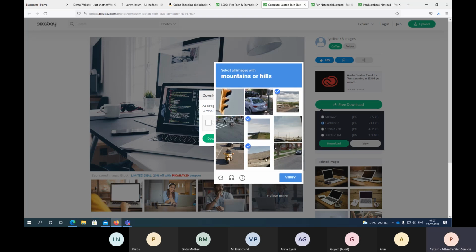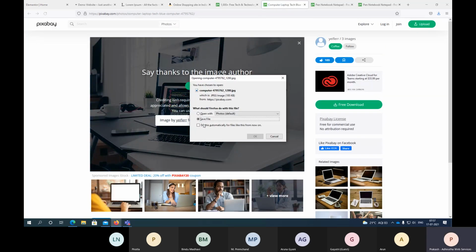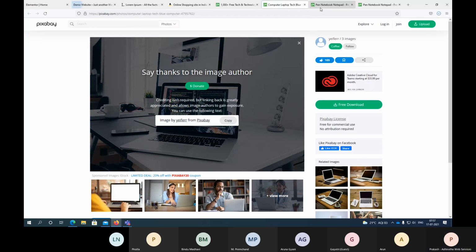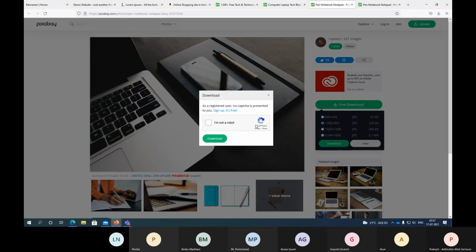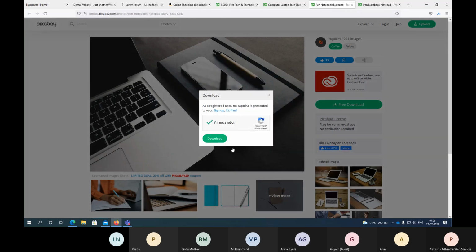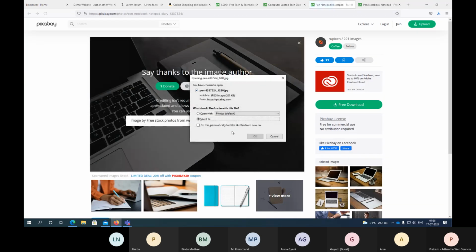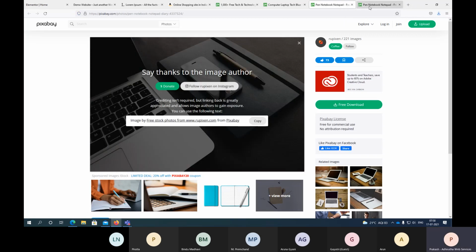Okay, I think this is also a mountain. Okay, both are the same images.